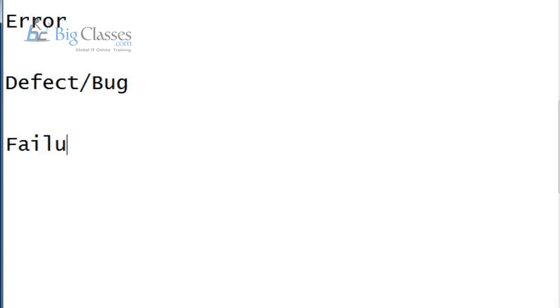So guys, now let us know first a few terminologies. The first one, guys: what is the difference between error, defect, and bug, and finally failure? Now, what is the difference between error, defect, bug, and failure? Daily we mostly use these terminologies. So what are the differences, guys? Anyone? Any differences between these terminologies?